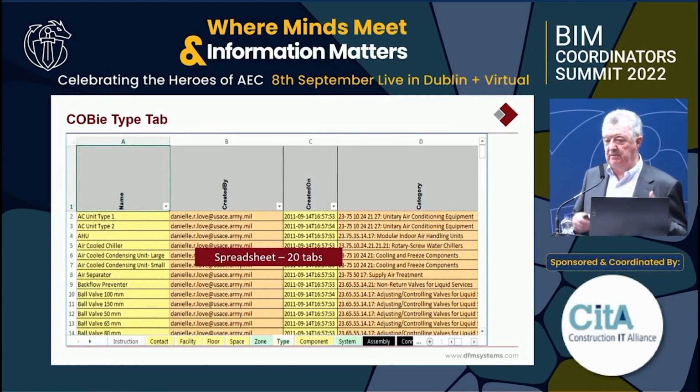It's expressed generally here as an Excel workbook containing 20 tabs. Anyone who has filled in a COBie spreadsheet or tried to fill in a COBie spreadsheet will realise that it's not for the faint-hearted. To try and get a fully validated and qualified COBie deliverable on a project is very